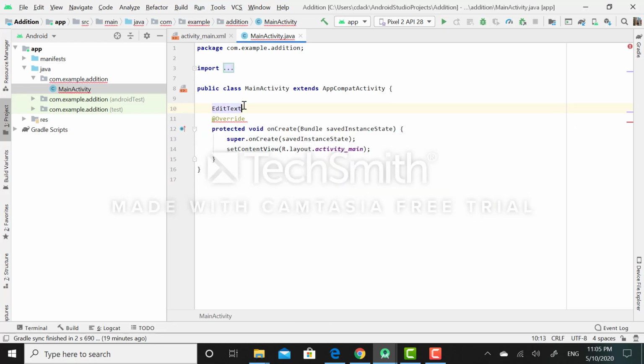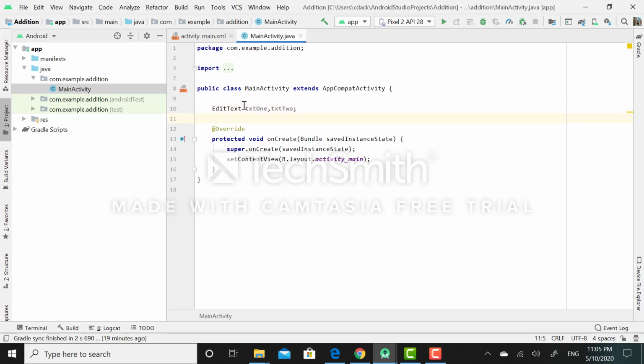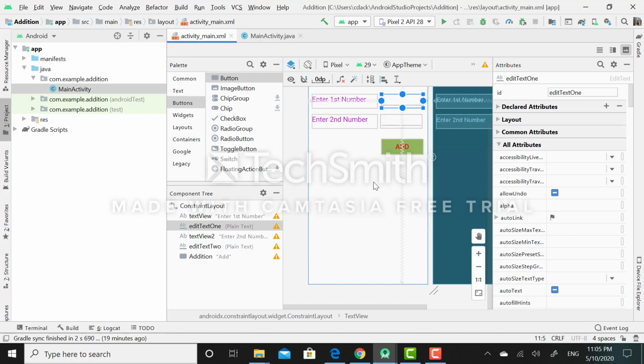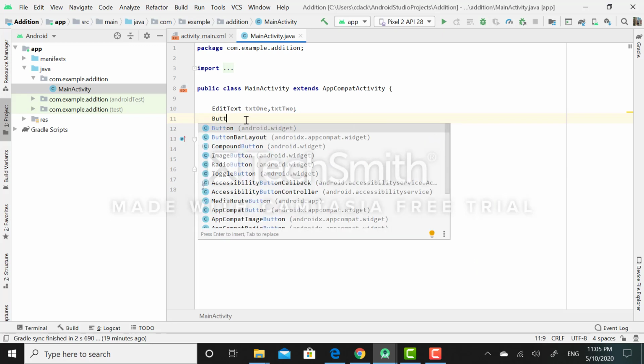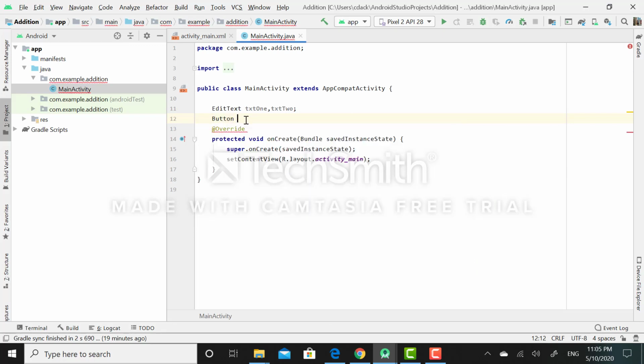Edit text class, and its reference is txt1 and the second reference is txt2. Then next, I will create the reference of this button class. So this is the button class and its reference is btn.